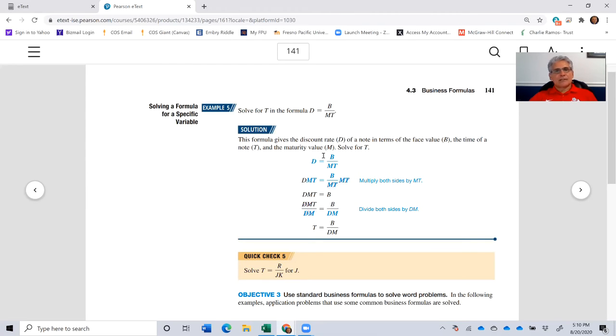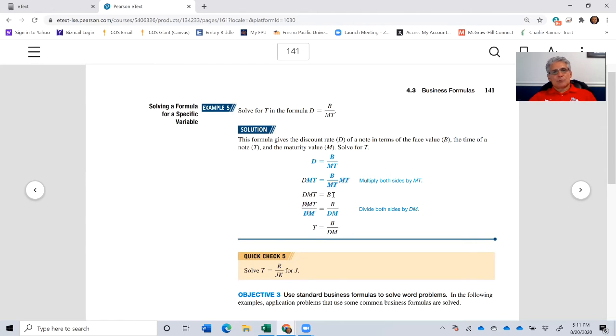So we can look, and just with this formula, you could recognize that we could solve for different items by simply using algebra. So for example, if my ultimate goal is to solve for T with this formula, I would then multiply both sides by MT, which means now MT, those two will cancel one another so that you're left with B, and then we'll multiply the D times MT on this side, so we are left with